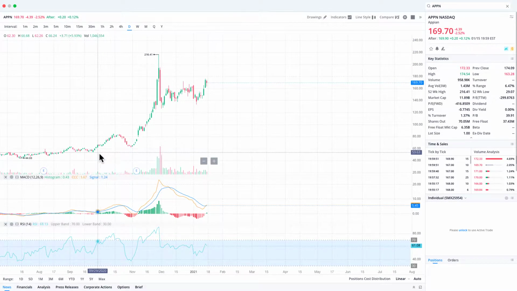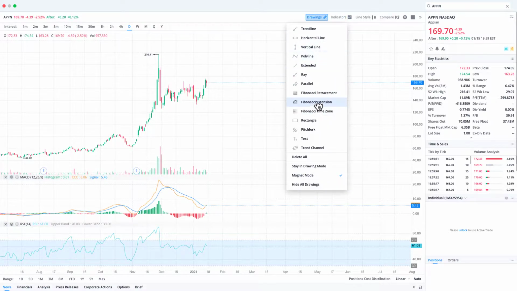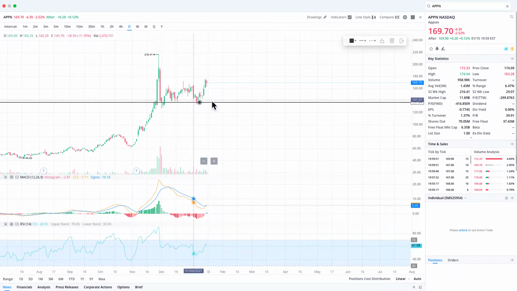Now, one thing, so now we see that it went all the way up to 216 from $60, so it tripled kind of at the end of November. Then at the beginning of December, it kind of came down, and then it started trading in a sideways trend, right? So real quick, I'm going to draw a horizontal line here, kind of showing the support of this sideways